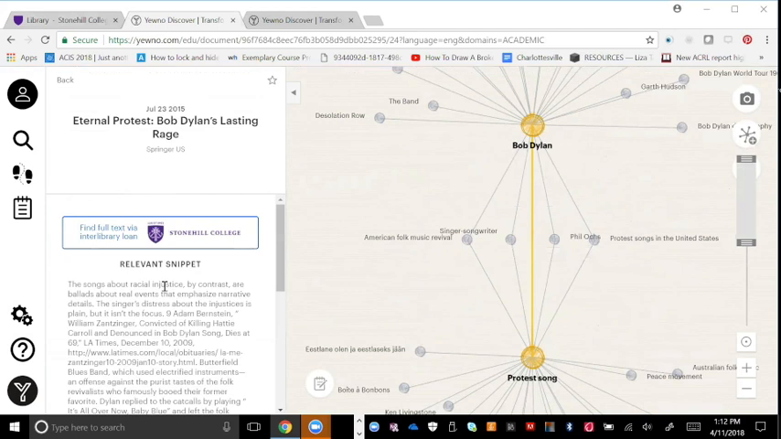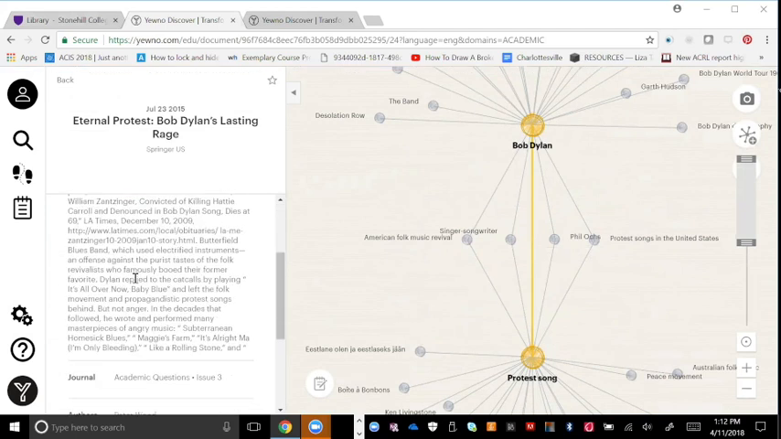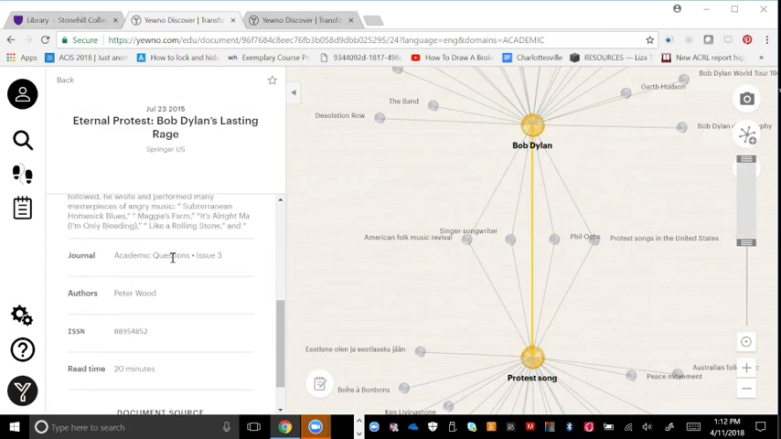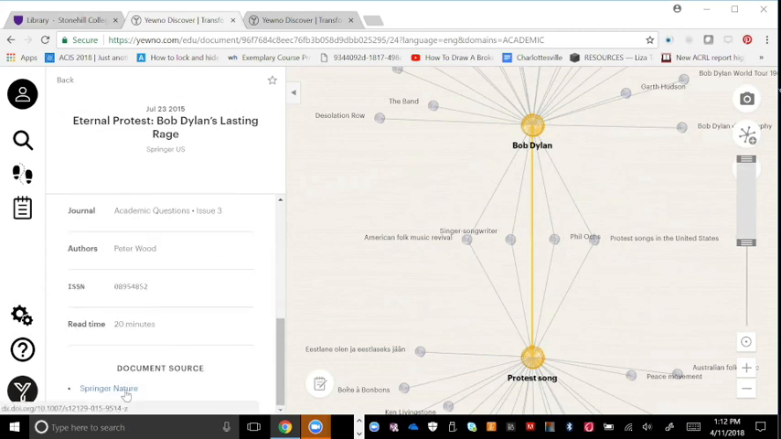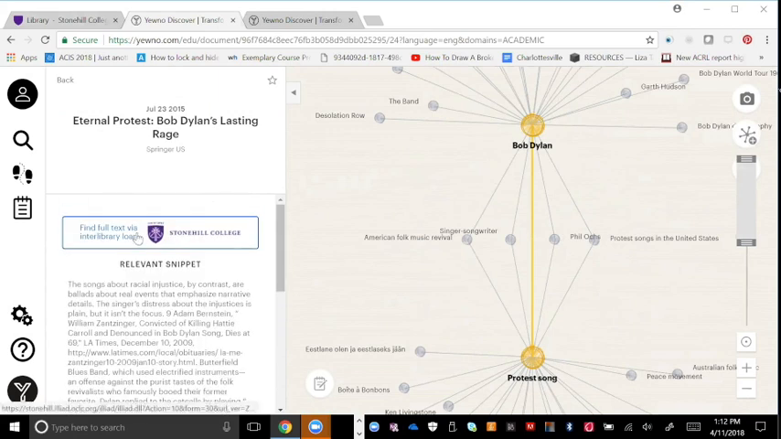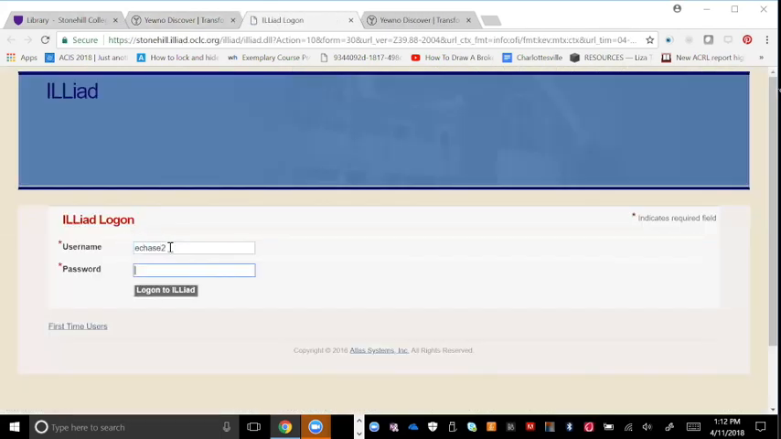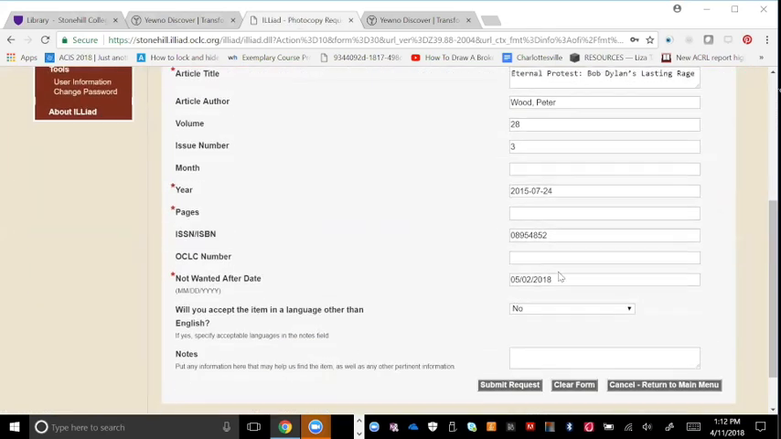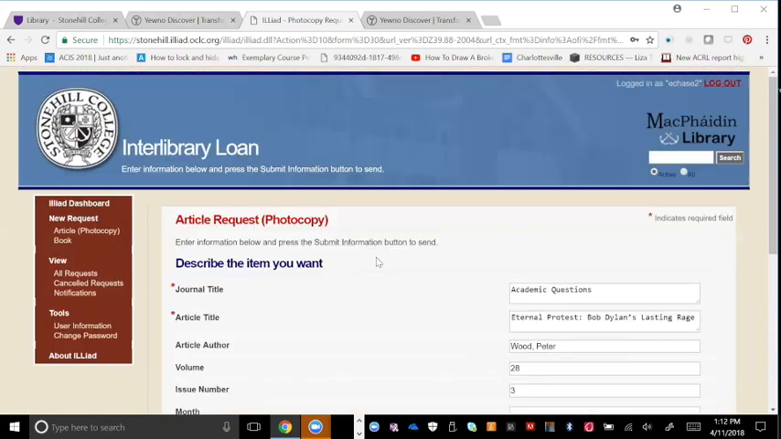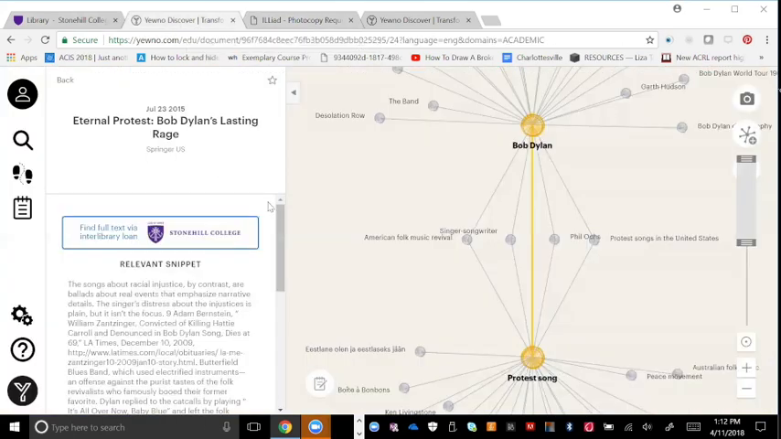But then if they see something that's of interest to them, they can click on this and they can see a relevant snippet from the article. They can see that it came from an academic journal, and they can click on the document source and go to the vendor's site. If it's a source that we don't have access to, one of the things that we also worked with Yewno on when the product was in beta was being able to actually click on a link that would take a student to our interlibrary loan interface so that they can log in. It pulls in all of the relevant information, and they can immediately submit a request to get an article delivered